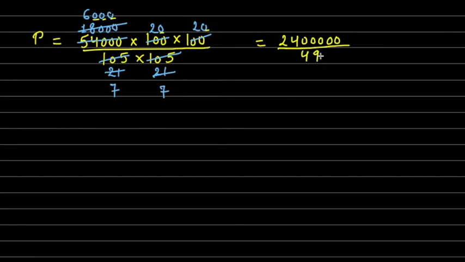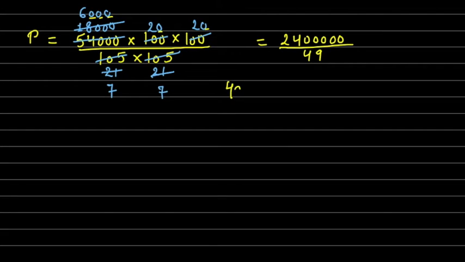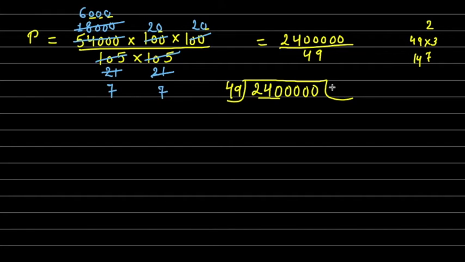It means we have to divide this number by 49. We have to be very careful with the calculations. So let's look carefully now. 49 to be divided into 2, 4, 1, 2, 3, 4, 5. So 49 is very much bigger than 24, so we will divide using these three numbers. It goes 49 into 3. How much will it be? 3 9s are 27, 3 4s are 12, plus 2 is 14, 147. So it will go 4 times. 4 9s are 36, 3 carry, 4 4s are 16, 196. Now subtract, and 13 minus 9 is again 4.